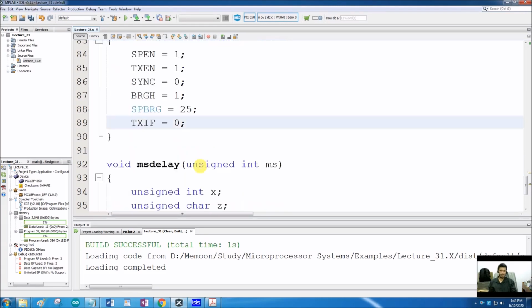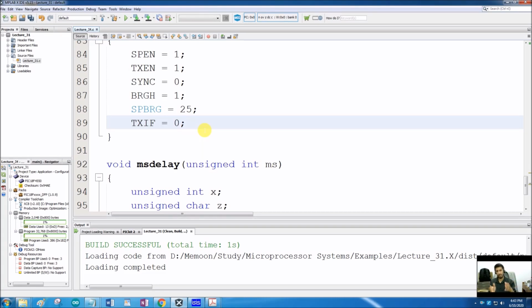In this case, we set this bit to 0, then copy our data into the register, from where it will be converted into serial data and transmitted serially through the serial port, through that pin, and it will take some time.